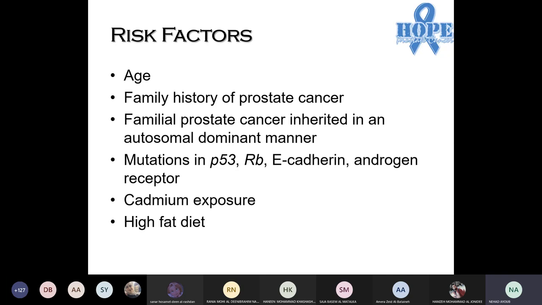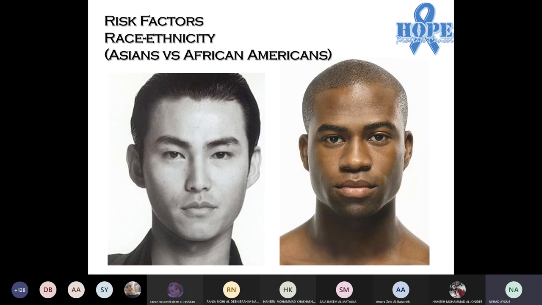Okay. يعني cadmium exposure بالذات لقيوا إنه associated with increased risk of prostate cancer. lifestyle كمان is important. Western lifestyle يعني خلينا نقول high fat diet, high salt diet, obesity, lack of physical activity, they can all contribute to the risk of